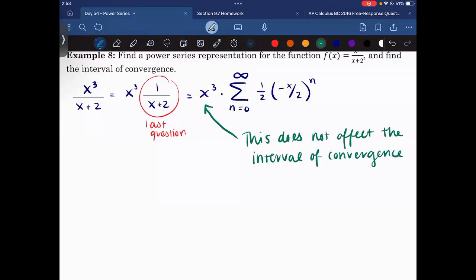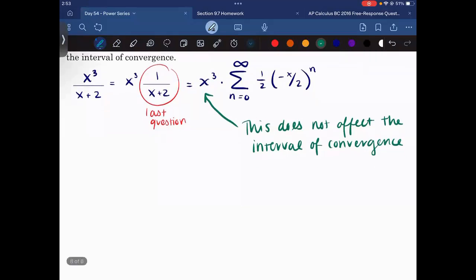So for this one, think of it kind of like a constant, and constants don't really make a difference for us. So good for us, it doesn't make a difference, and it will still be the same interval of -2 to 2, and our radius will still be